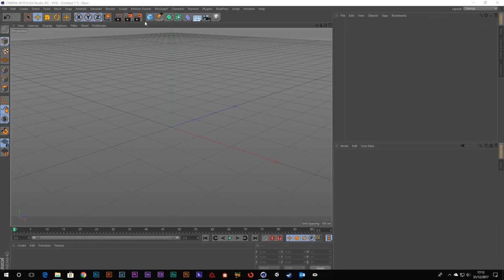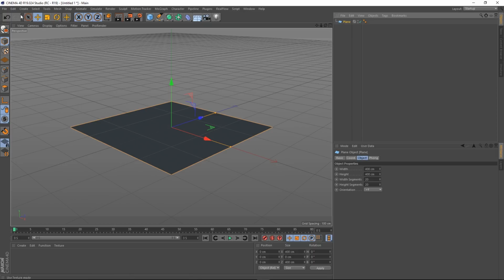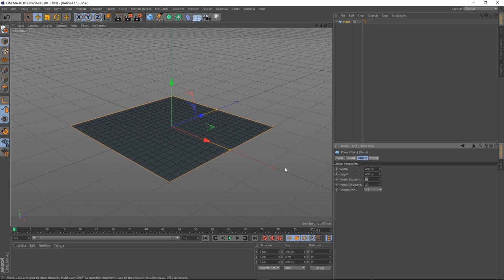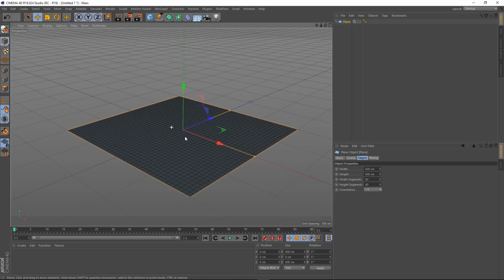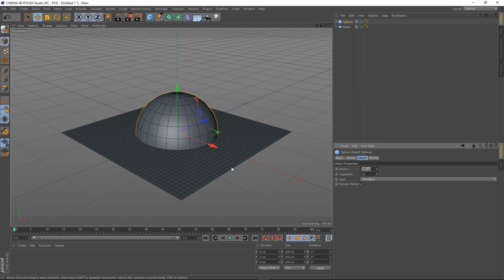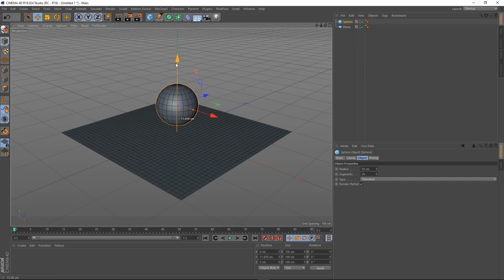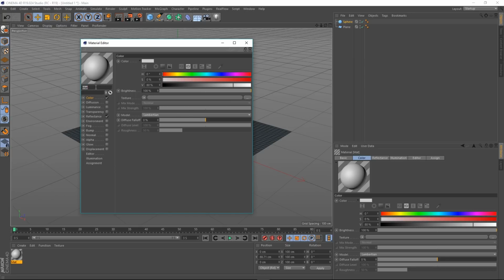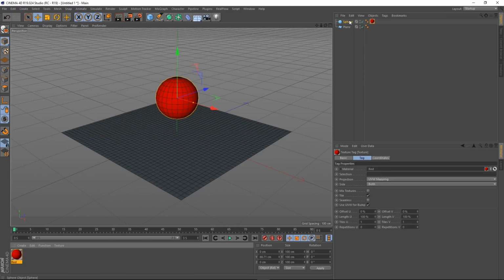Okay, the Collision Deformer. First of all, I'm going to create a plane, and I'm going to change my display mode so we can see the lines, and increase its width and height segments to 40 just so we've got a little bit more definition there. And I'm going to create a sphere, which will be our collision object, and scale this down so it's 50 centimeters. And while we're at it, why don't we make a quick material? I'm just going to call it red, and make it red, and we'll give that to our sphere